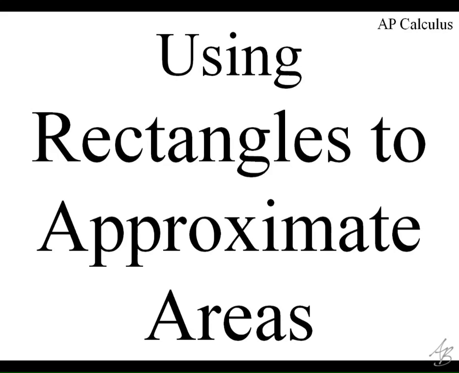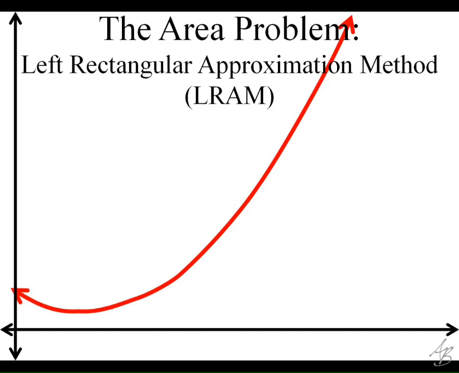So we can use these rectangles to approximate the area under the curve, which means that we're using the rectangles to approximate an integral. So when I say left rectangular approximation method, what that means is we're going to take the interval and we're going to split it up evenly. And it turns out that it doesn't have to be equal sized intervals, but it's just easier to work with